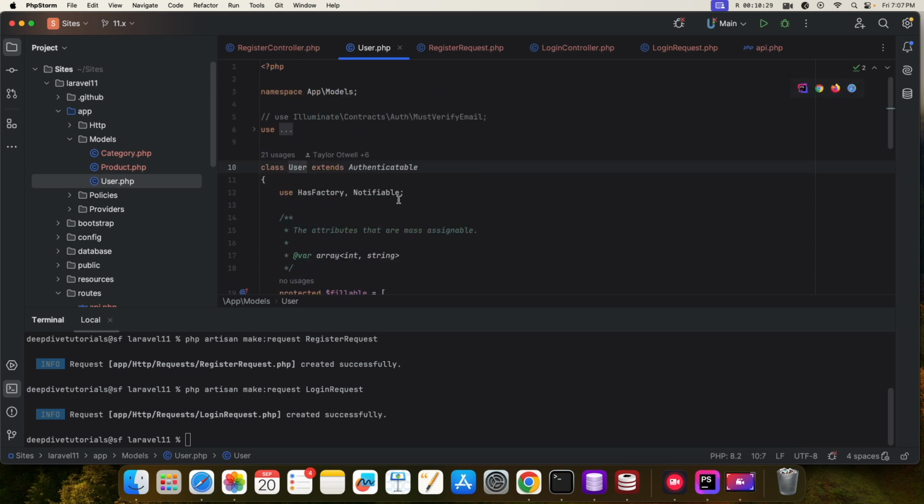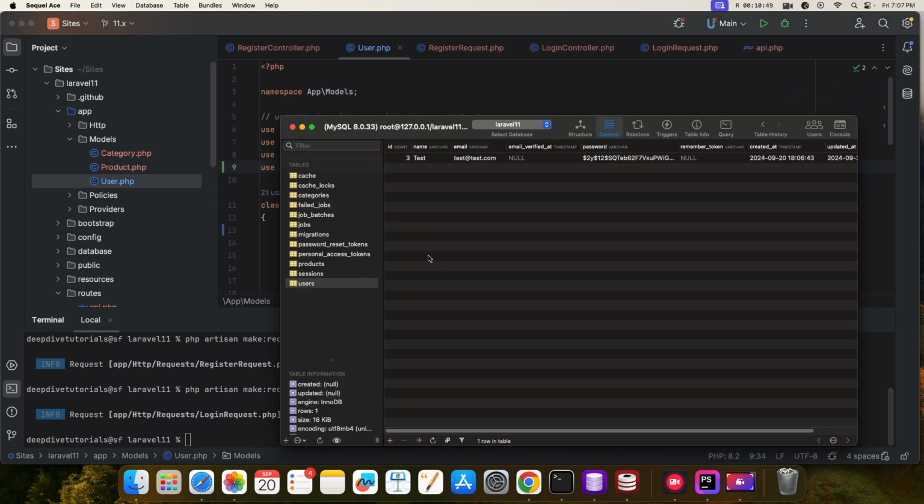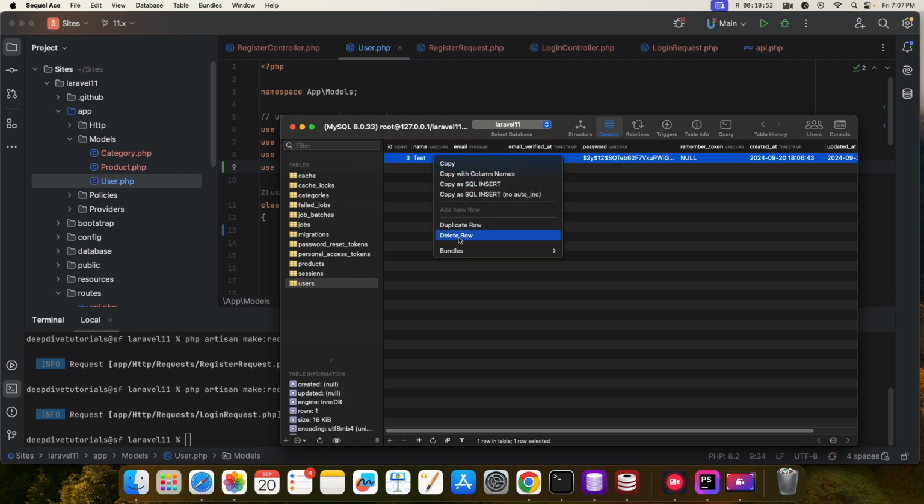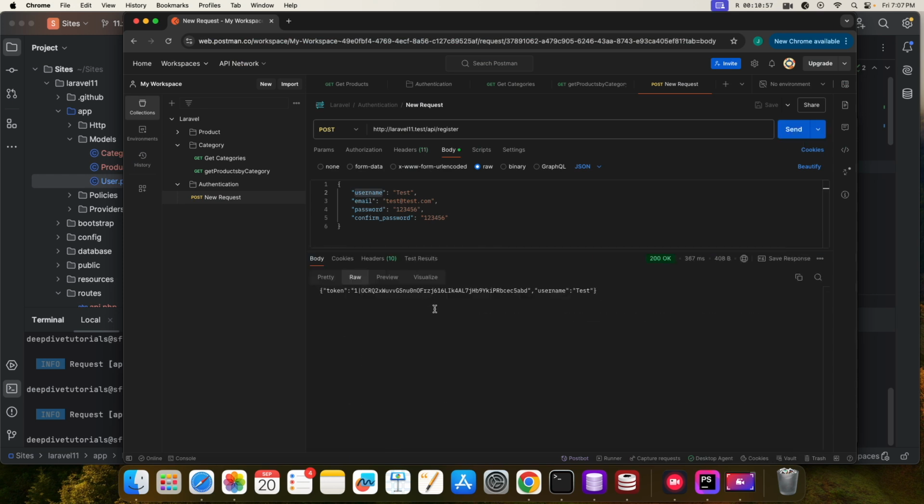And we need to add a trait here. It's called HasApiTokens. It's the Laravel Sanctum trait. So HasApiTokens. Let's delete the user again. Let's try to create it again. And this time it has worked, and it has given us back the token that we can now use to